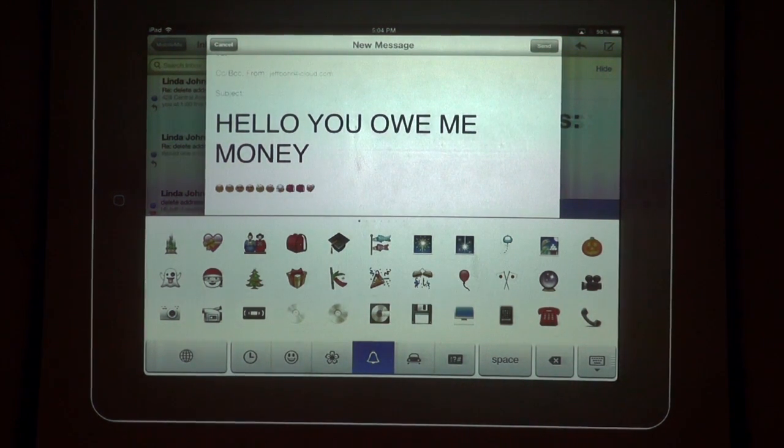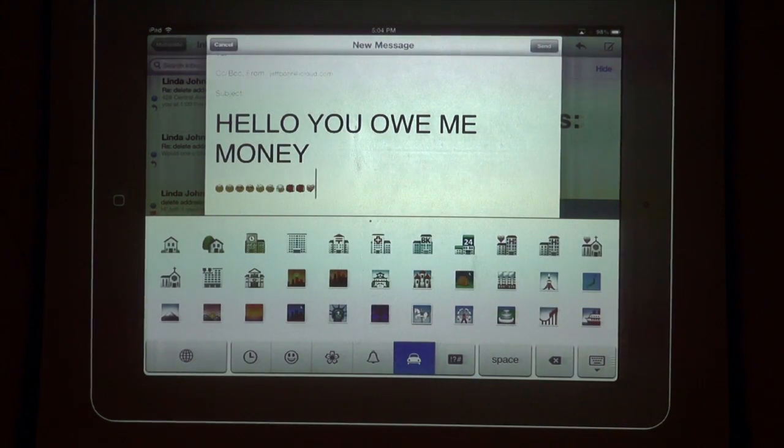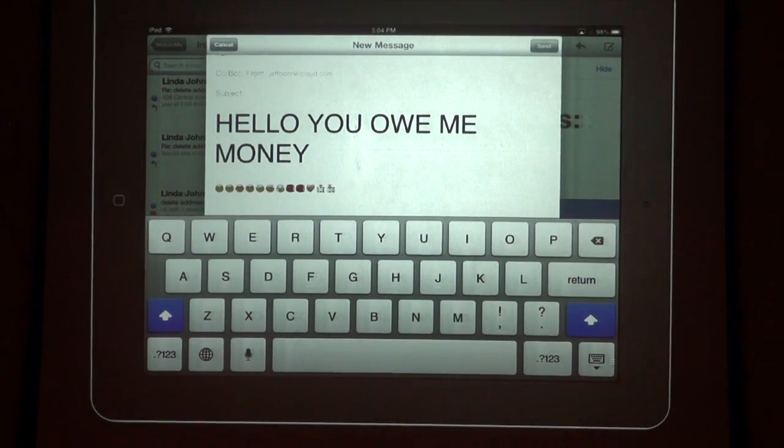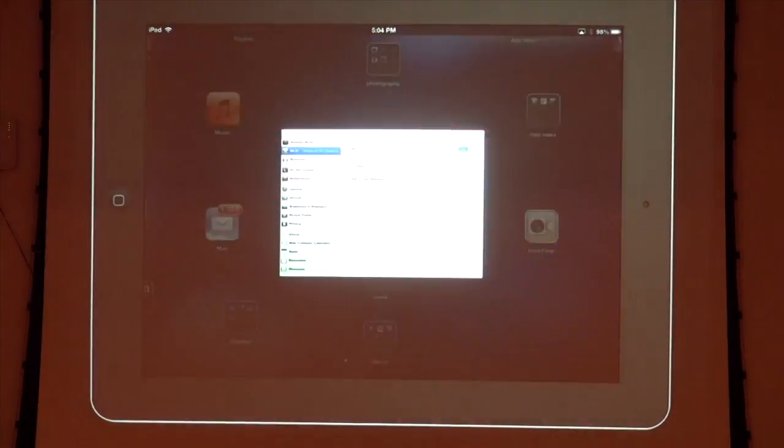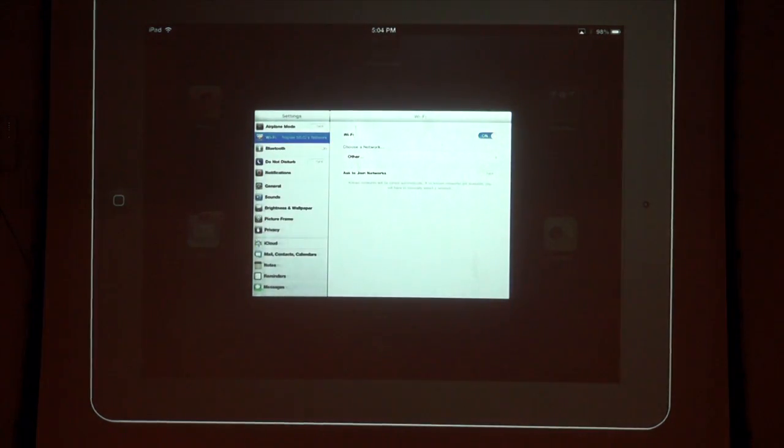If you, however, read this email on a computer, even a Mac, they show up as little boxes because the Mac typically doesn't have this keyboard installed, whereas the iOS devices do. So if you want to get to this screen where you can actually put these little emoji keyboards on, we'll do that. We'll go to Settings on the iPad, and if you go to General,